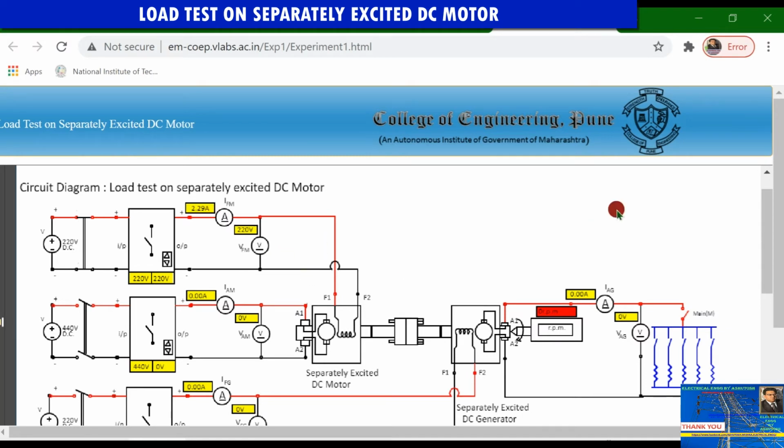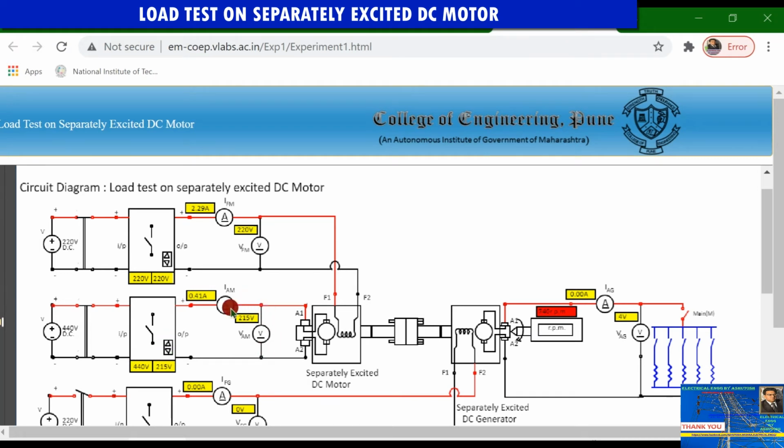Now you have to click on this armature. You have to connect the armature circuit. By clicking on it you can connect the armature. Now a 440 volt DC supply is the rated voltage you have to apply to this motor. So by using this variable voltage device, you can raise the voltage, click on this and increase the level of voltage until it reaches 440 volt. So this is the armature part of the DC motor.